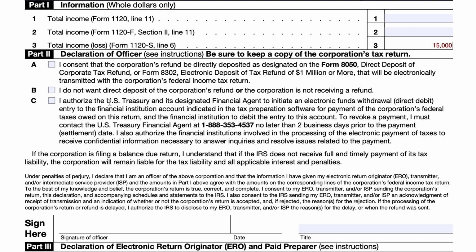So you're going to check the applicable boxes here. I won't tell you exactly what you should do, but I'll explain how I understand each box to work. So box A would apply if the corporation's expecting a tax refund. So if they overpaid their taxes and they're getting a refund, then box A would signal that the corporation consents